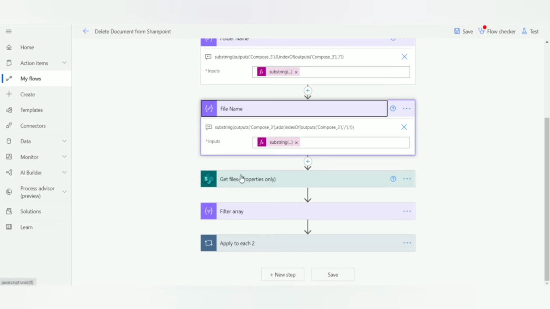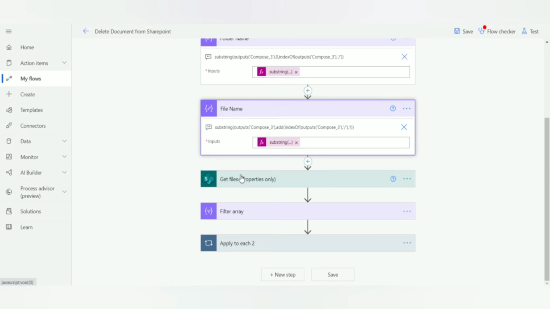To get the file from SharePoint, we need to have the file identifier of the file. Getting the file identifier would have been easier if we had any output from the trigger or the action in prior steps that contains the file identifier. In our case, we don't have the file identifier directly from the server relative URL that is passed to the cloud flow from Power Apps. This server relative URL will be used to query SharePoint to retrieve the SharePoint file with the file identifier. To get the file identifier, I use the Get files (properties only) action to get the list of files in the folder. When we use this action, we get all the properties of the files.